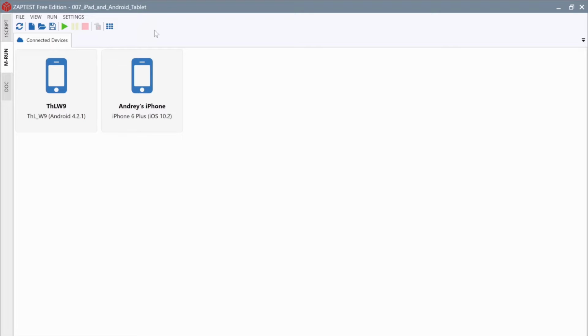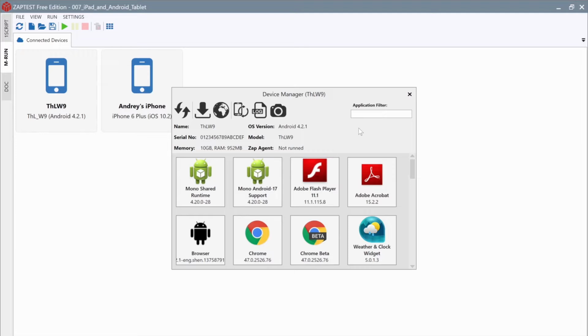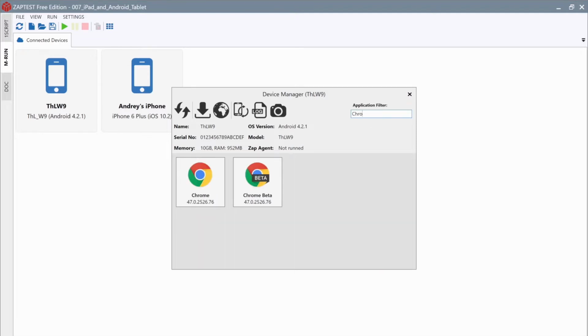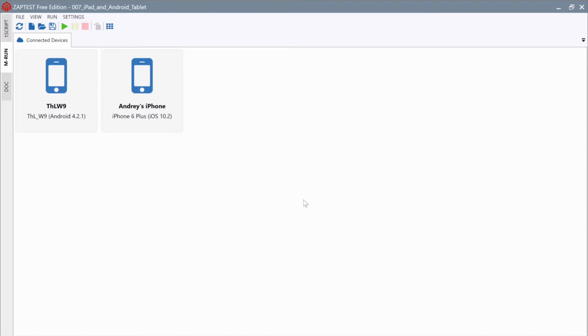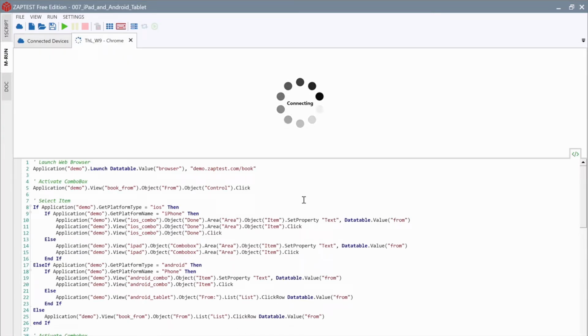For example, launch the Chrome browser on an Android device and provide the following URL: www.zaptest.com. Click on the Android device icon. ZAPTEST will show the Device Manager dialog where we can find the Chrome browser. Double-click on it. Since it's a browser app, Device Manager will request a URL for navigation. Type www.zaptest.com. That's it. mRun will establish the connection with the device, launch the Chrome browser, open the website, and create